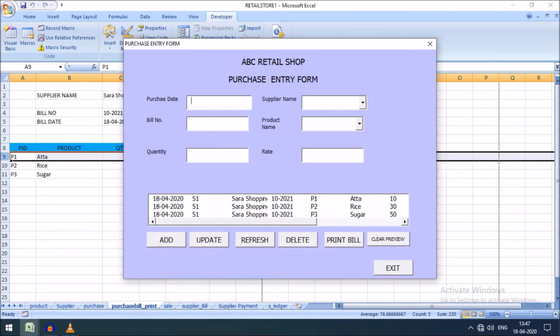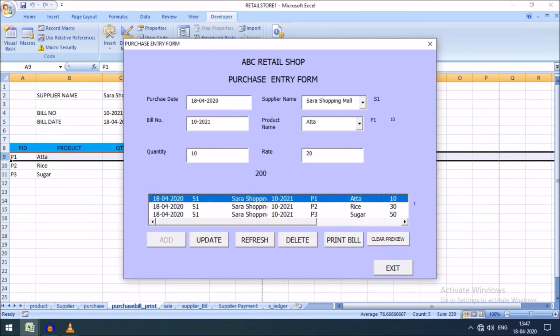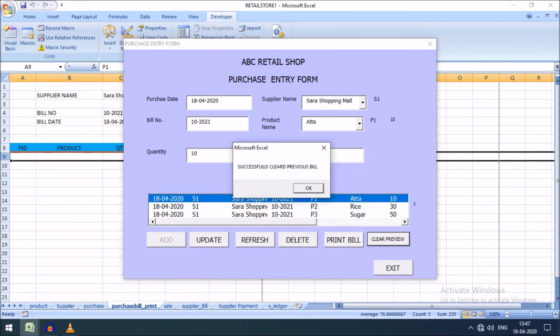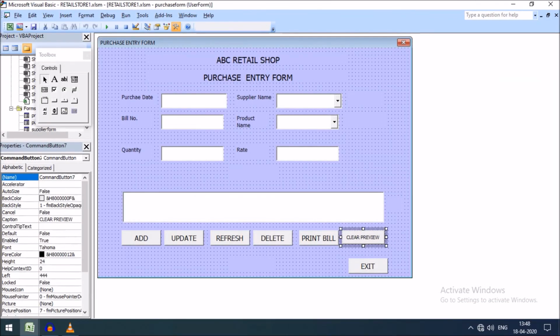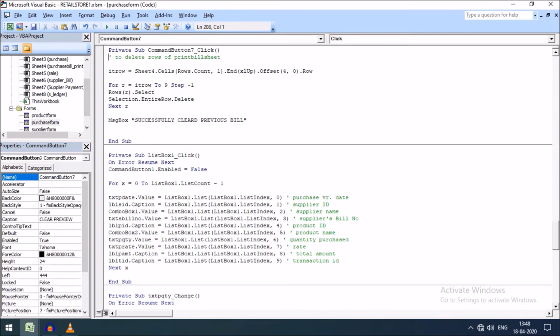You can see if I click on this, deleted, and successfully cleared previous bill. Okay, thus friends, I wrote the commands of clear print preview command button within clear print preview command button.